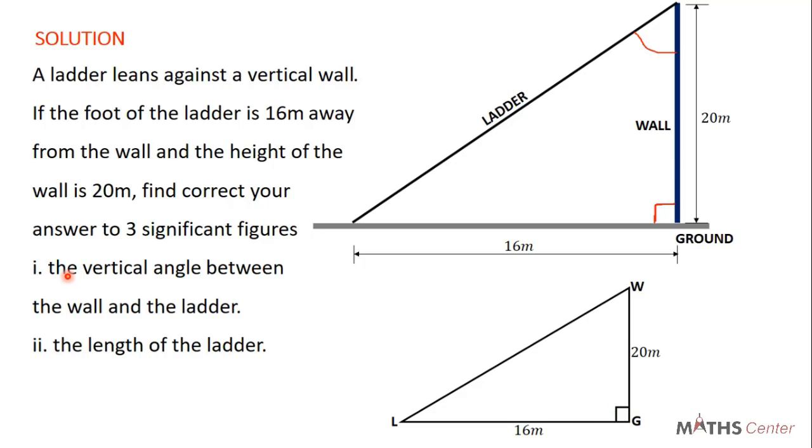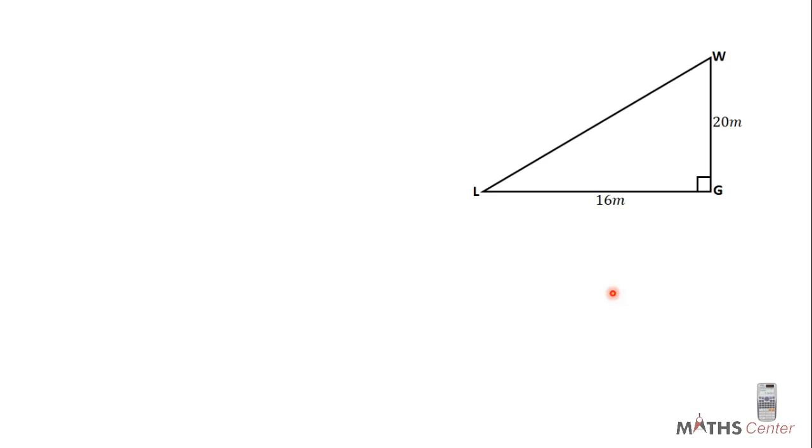So the question is saying that we should find the vertical angle between the wall and the ladder. We have seen that that is this angle here. From our right angle triangle, this is what we are looking for. It also said that we should find the length of the ladder. The length of the ladder from our right angle triangle would be LW. So we find LW. Okay, so let's go ahead and apply the Pythagoras theorem and the trigonometric ratios to find